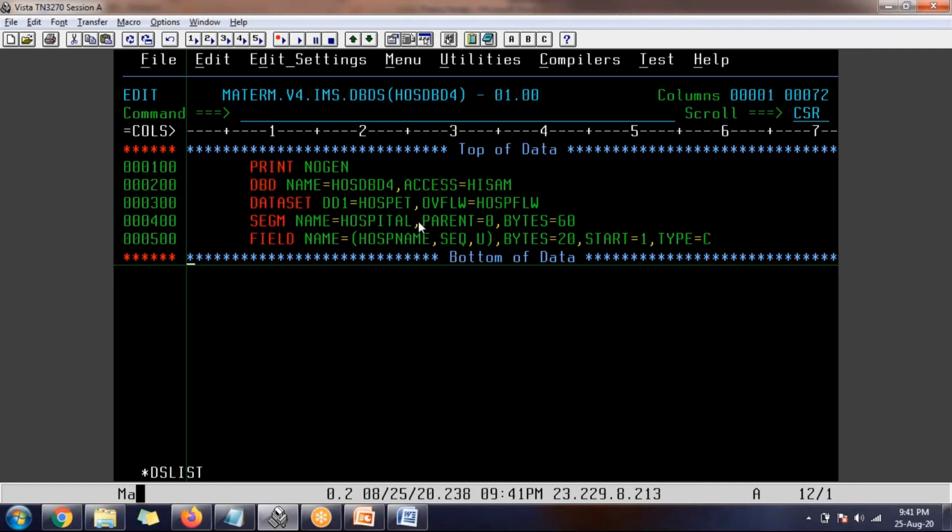Now, under a segment we have multiple fields, right? Altogether the length of the fields will be equal to the bytes, 60. It should be equal or less than, not more than. Exactly.